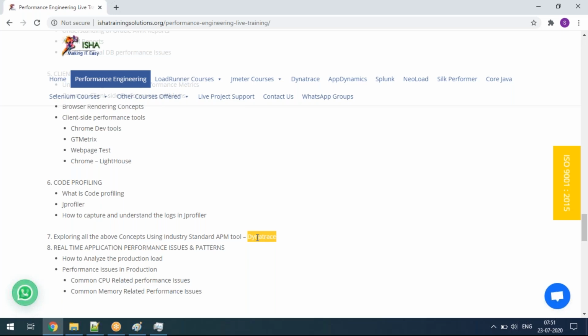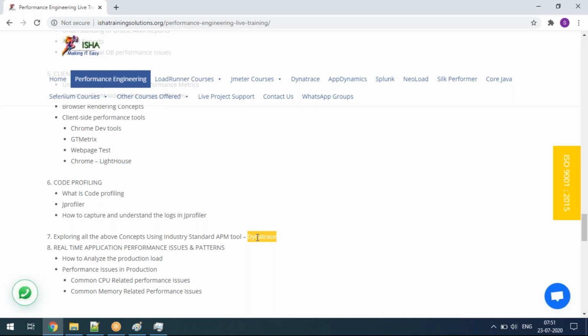Okay, I don't know whether people will be doing it, but usually people will not do it because of the time constraint, for one thing, and then the knowledge of the performance tester will be limited to the performance testing activity. So now if you complete this course journey, you will have that understanding as well.